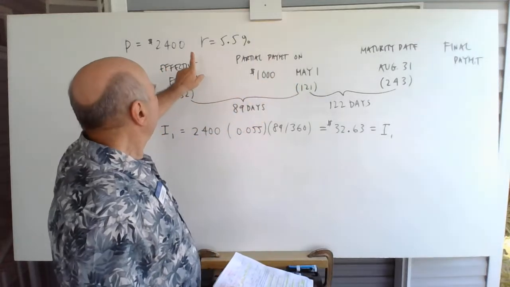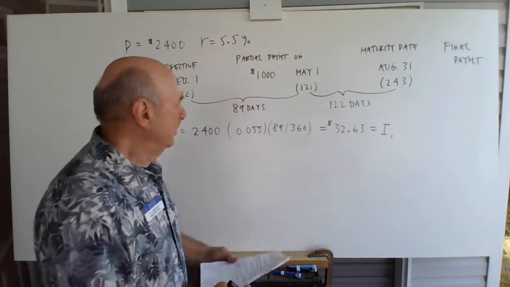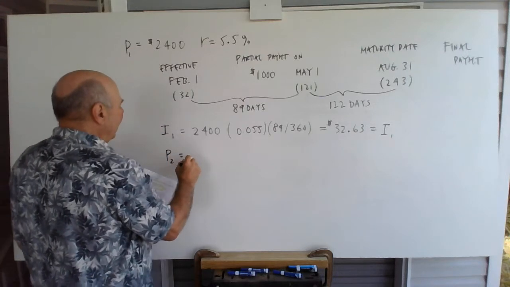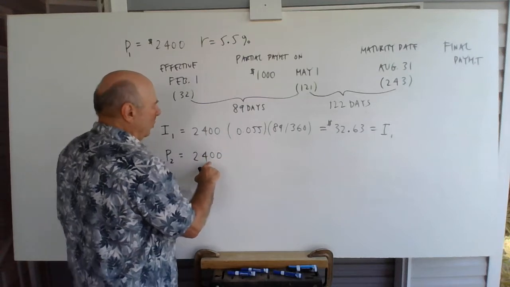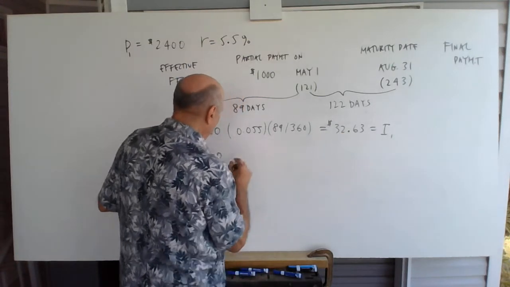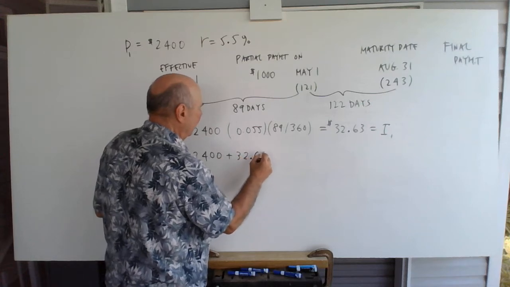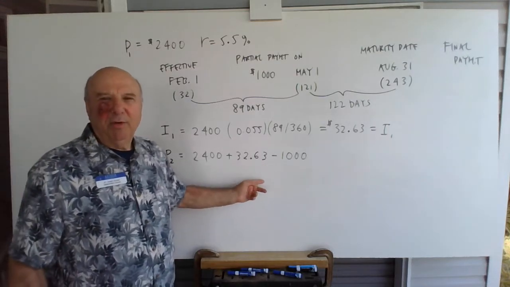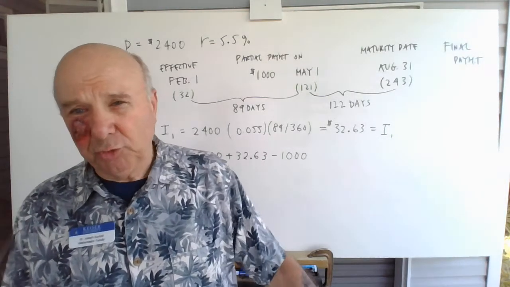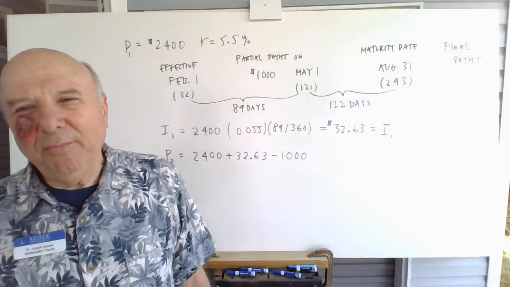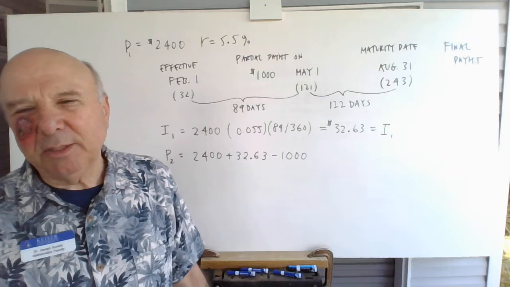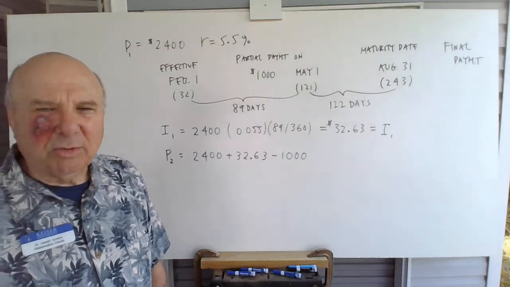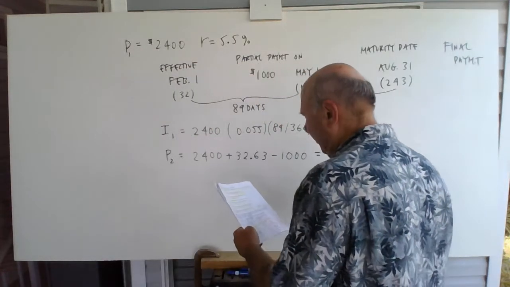But I paid $1,000. So what's my new principal? P1 is my starting principal. My new principal will be what I originally borrowed, plus the interest, minus the payment. Arithmetically it doesn't matter, but the bankers will tell you we always add the interest first before we take a payment. Mathematically it doesn't make a difference, because the order of operations gives the same result. And so we end up with a new principal of